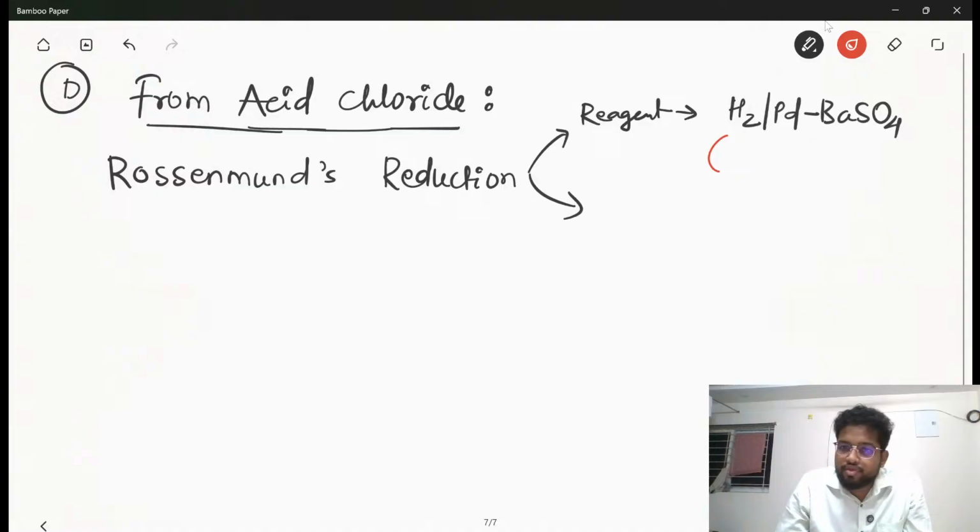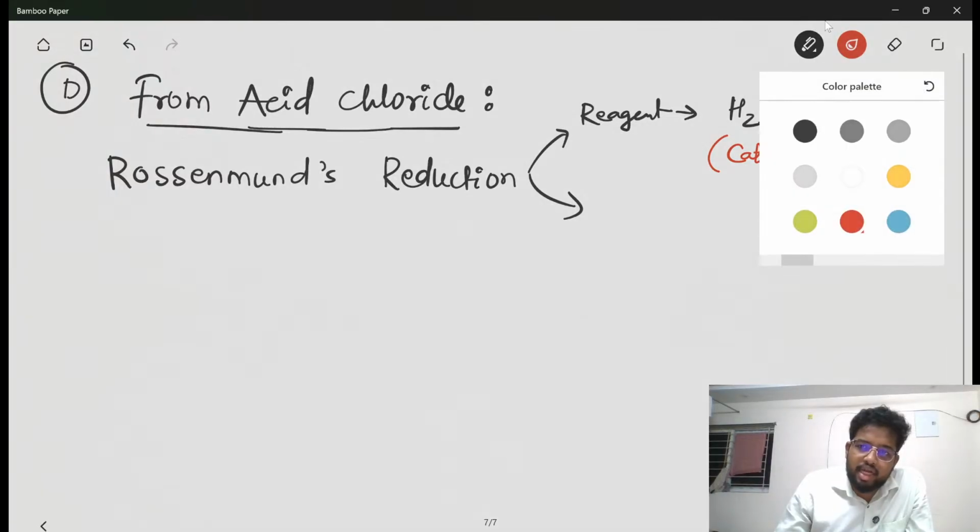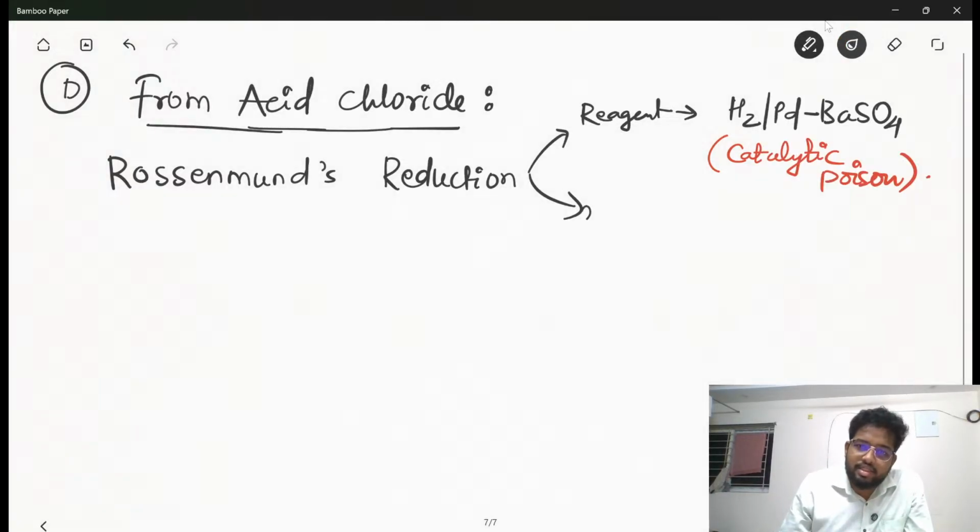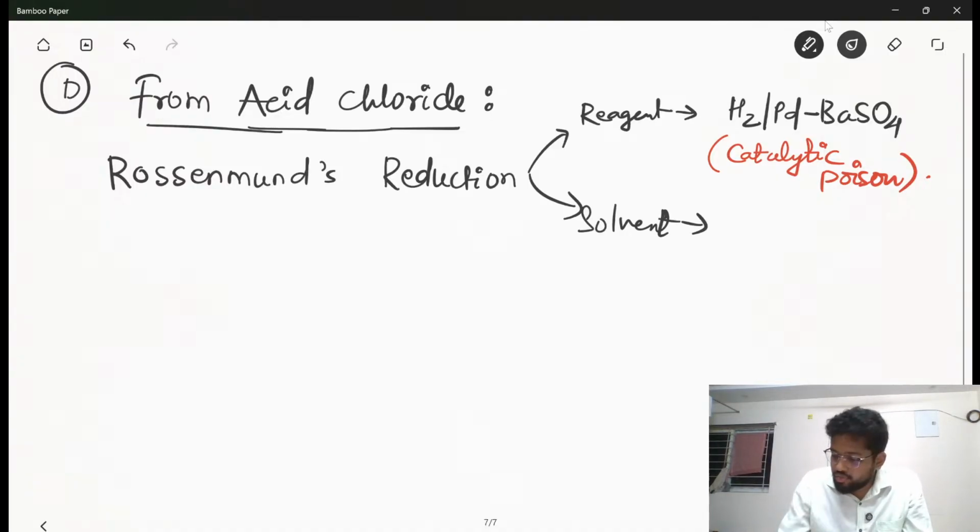Regarding BaSO4, it is a catalytic poison, which means it stops the reduction at the aldehyde phase. Whereas the solvent used in this reaction,